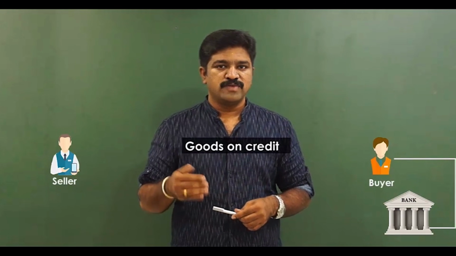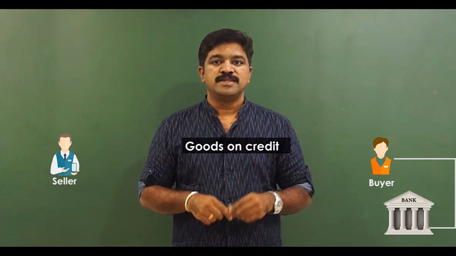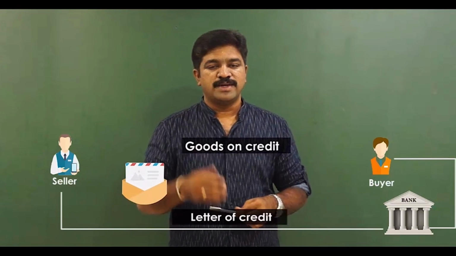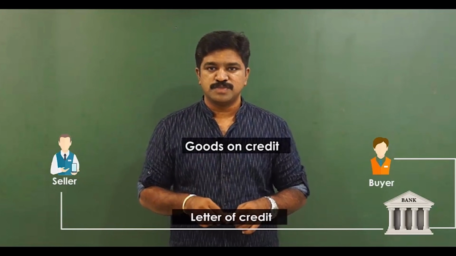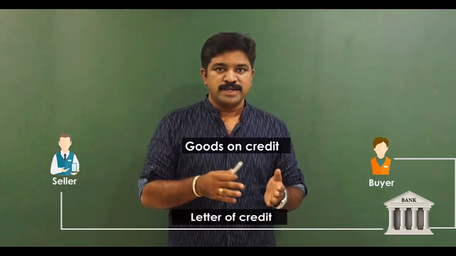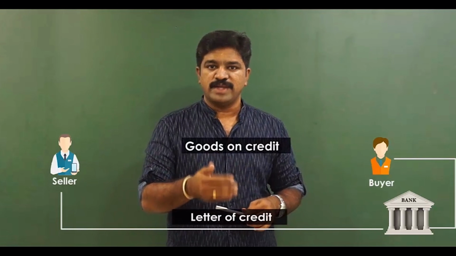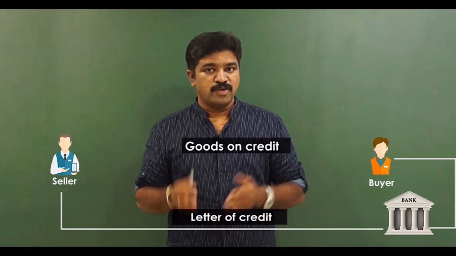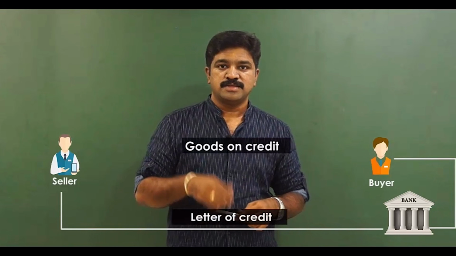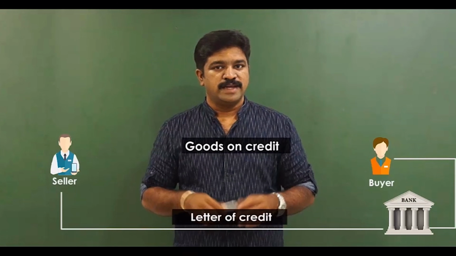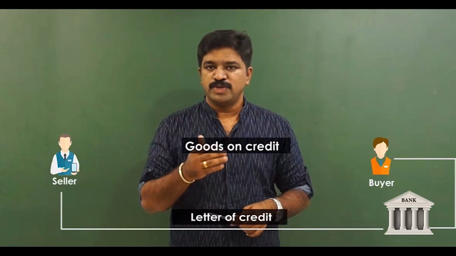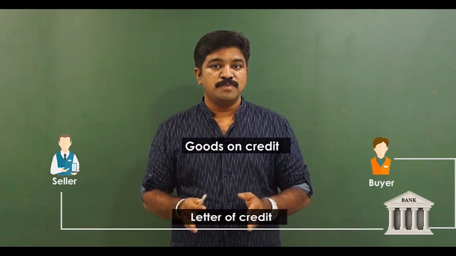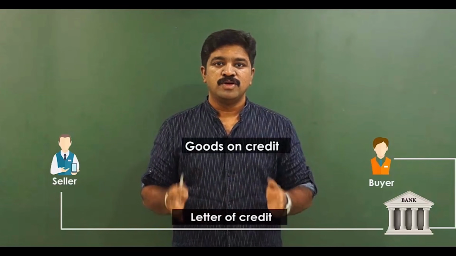So what this bank will do, after assessing the position of the buyer, that is bank's customer, this bank will send a letter called letter of credit, and in that letter bank will say, hey seller, you can sell goods on credit to this buyer who is our customer. And by saying this, bank is indirectly assuring the financial standing of the buyer, and then bank also gives assurance that buyer will make payment on the due date. And in case the buyer is not making the payment on the due date, then do not worry, you come and ask us, we will pay you provided you guys have agreed on all the conditions.